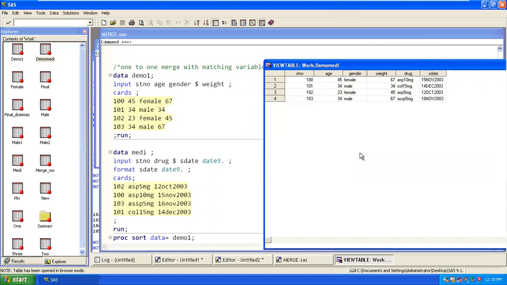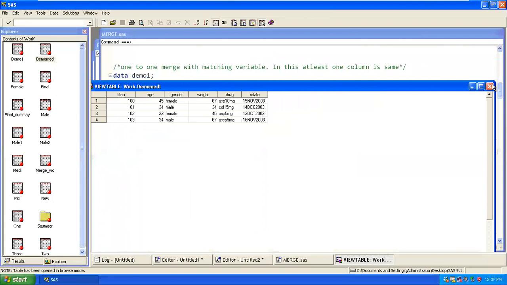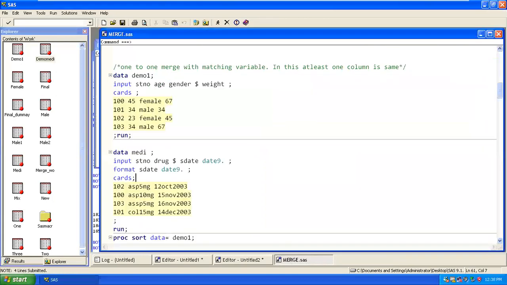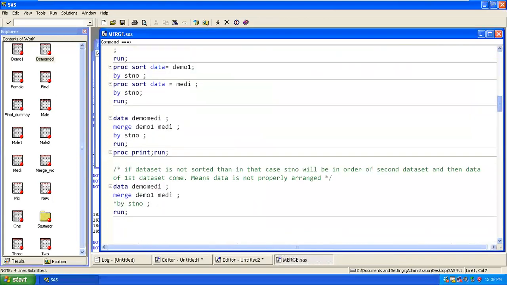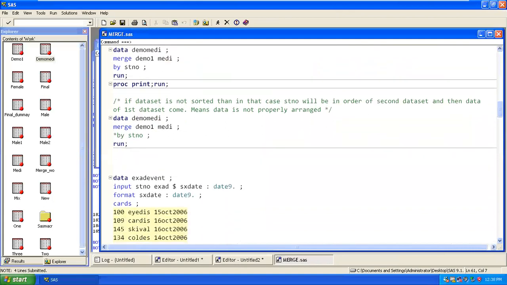Got it? So now another way, where you want to do a different type of join. Now this is a simple join we have performed. Another case we are trying is without a by. So we are not using the by keyword and we are trying to do a merge.